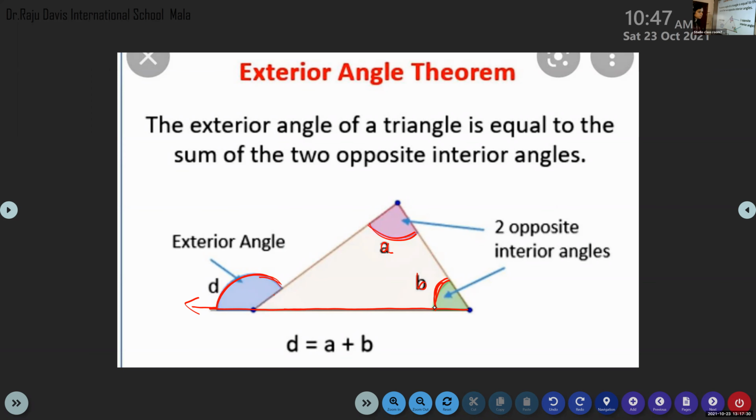Now, I told you to do an experiment, isn't it? Cut off these two angles. Do it for tomorrow. Okay. Next day, that is on Tuesday, is my class. So I think by that time you can do it, isn't it? Yes, ma'am. Cut off two angles from here and just paste it over this.